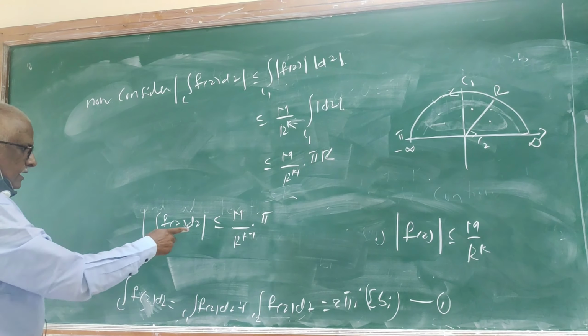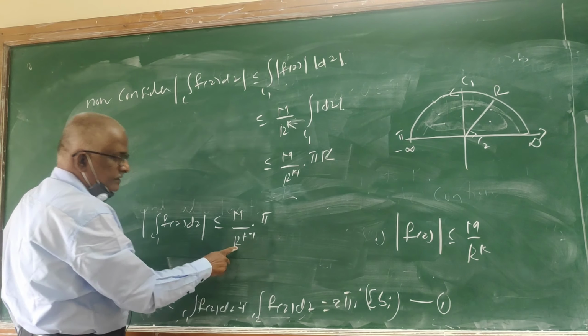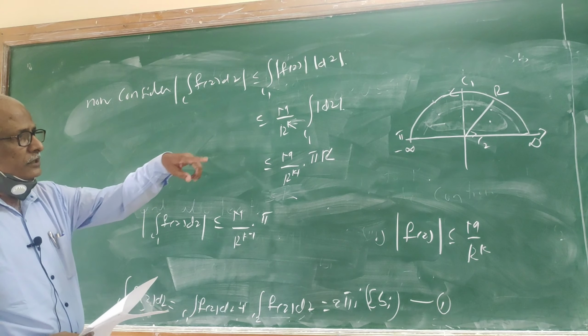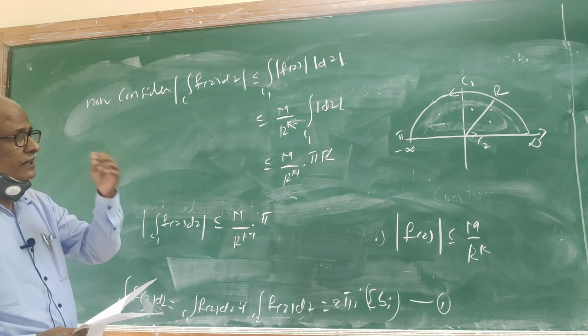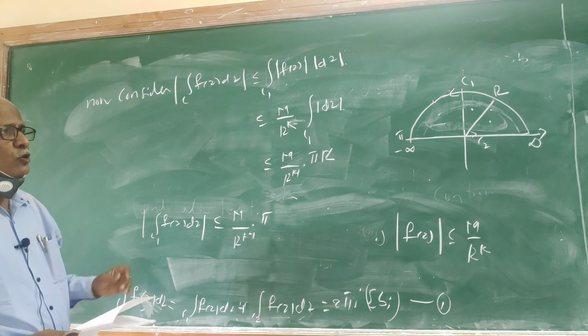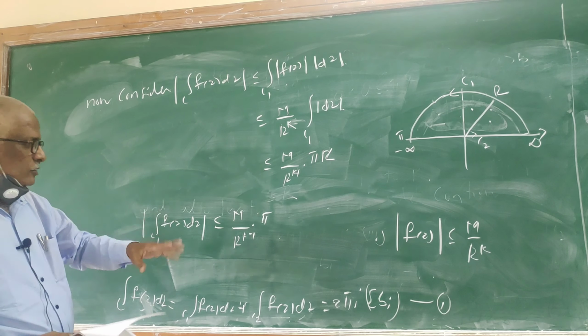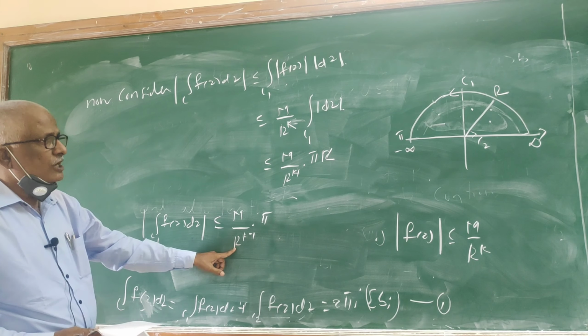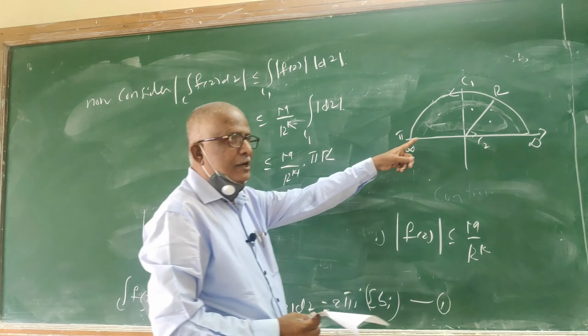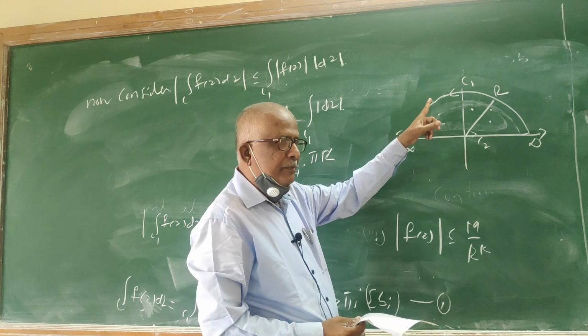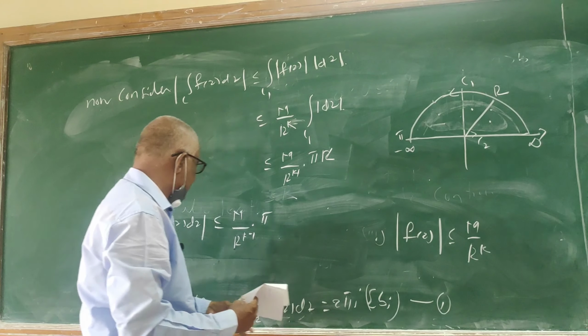Now, yes, r to here. Yes, because we have constructed a circle in such a way that it includes all possible poles of the object. So it is solar. Solar means what here? Yes, the radius of this semicircle goes on increasing. What distance is going to increase? It may increase up to infinity also.